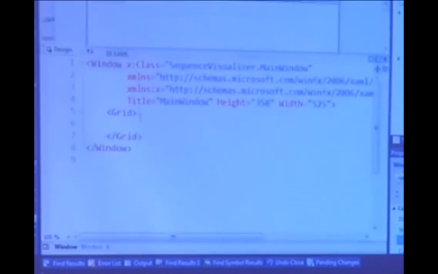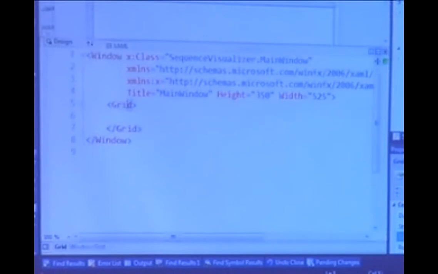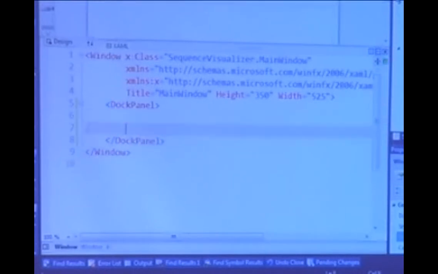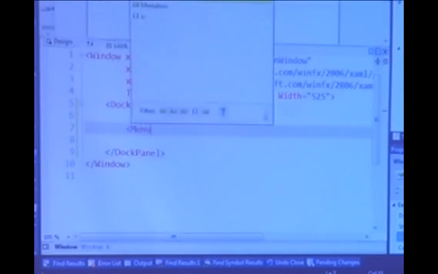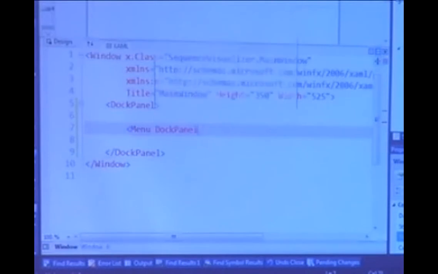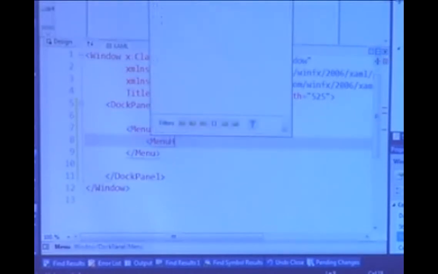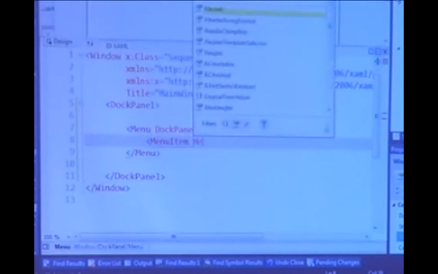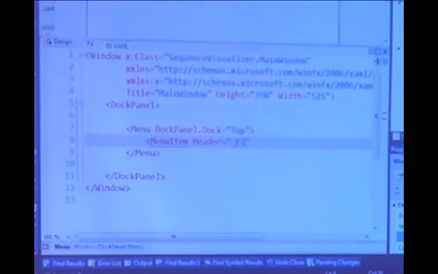So let's just throw into this UI real quickly. And just for time purposes, what I'm going to do is kind of just fill this in. So I'm going to put a dock panel that allows me to dock things. And let's put a menu here. Put it at the top. And let's put a menu item with a header of file.